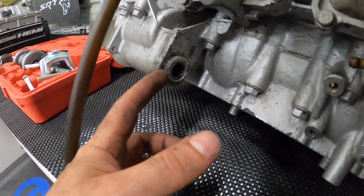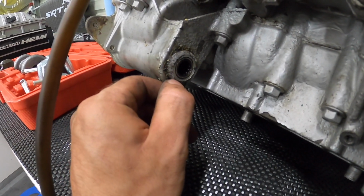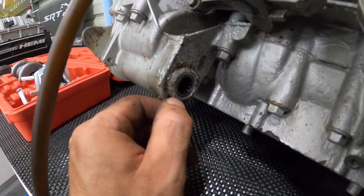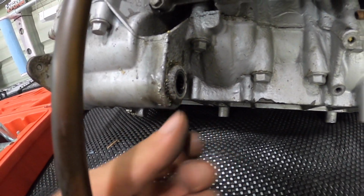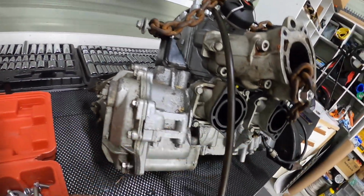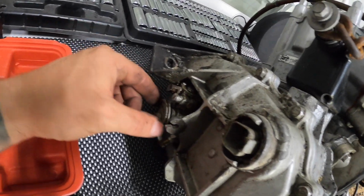So what I think I'm going to do is, I think I'm going to have a better opportunity at removing this from the backside. I don't know, we'll see. I think there's this lip. I might try to see if I can get underneath this lip. If I can't, then I'm going to take this cover off and just pound it back out through the backside. And I guess I might as well take the cover off anyways, because I wanted to,